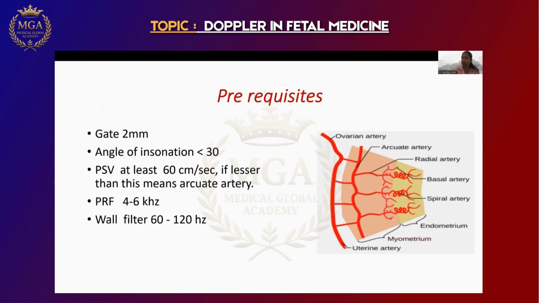Aliasing means overflow of the vessels, blood flow. And you may need to play on the wall motion filter if this aliasing is happening. So these two things you only have to touch the button if aliasing is happening, otherwise not. Most of the presets for the umbilical artery, which the machine person will do and give you, fit pretty well in most patients. Sometimes you may have to increase or decrease the scale or the PRF